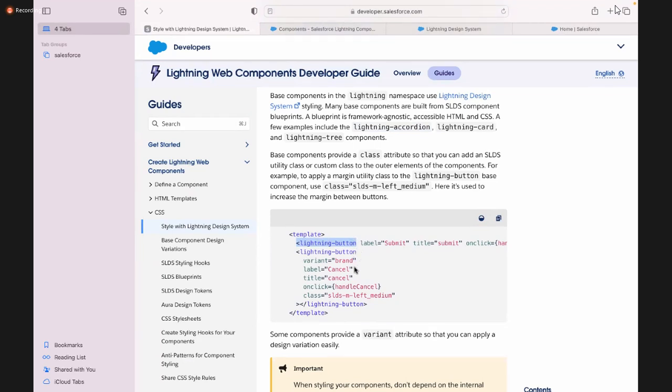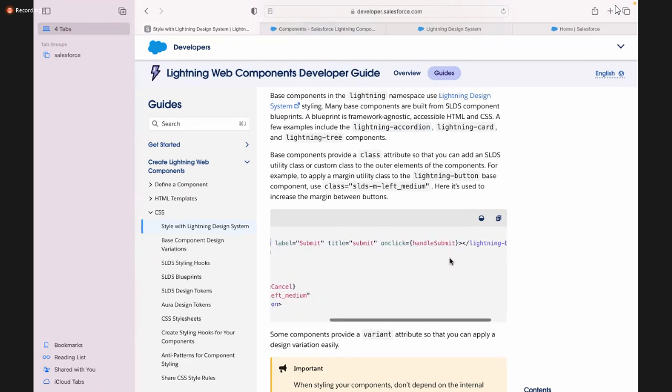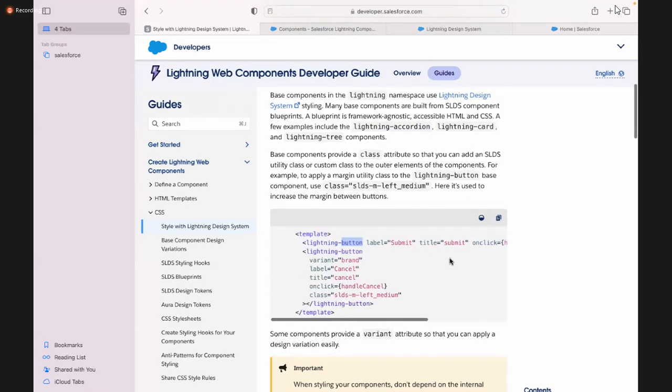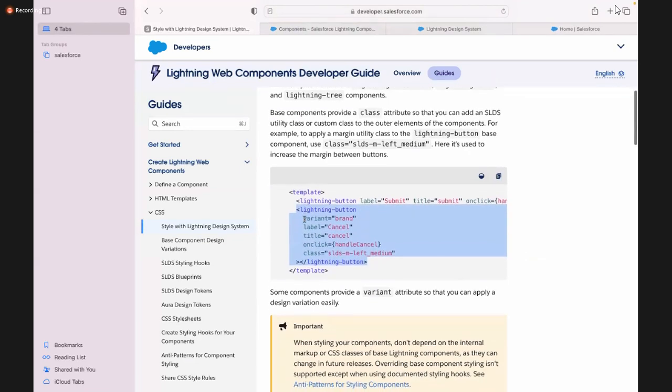Actually, I want to give some HTML and some CSS, but here I am directly using lightning button, label equal to something, title equal to something, on click handle something. Here, lightning button, inside that I am giving some variant, brand, label, cancel, title, all these things. By simply giving this one, what is happening is you need not go into the details